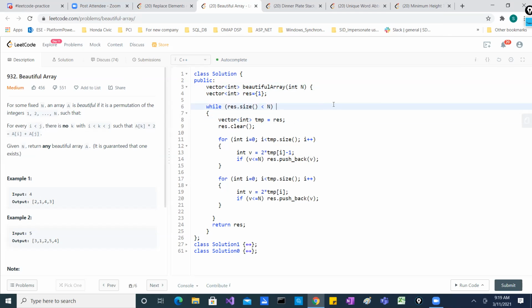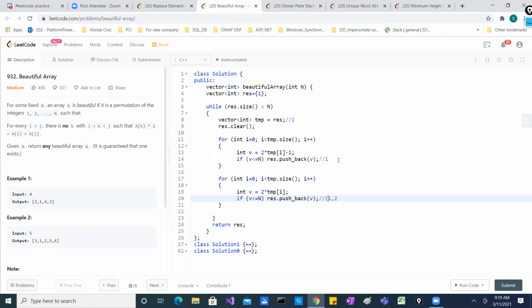So initially, if I have only one here, what I'm trying to do is create 1 into 2 minus 1, so I'll still create 1 over here. Then I come here and multiply 1 by 2, so I'll have 2, right? So now my rest value will be 1 and 2, correct?